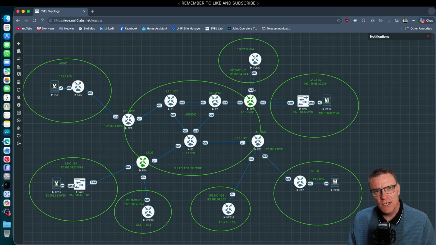Right, now as you can see, I've changed the topology again. This time the customer has decided to remove the switches because they don't want to have VLAN 200 available in all three of these sites anymore. They're now going to put a router connected back to us, and they're going to manage and advertise their own network across that. So site 1 is going to have network 172.21.1.0/24. Site 2 is going to have